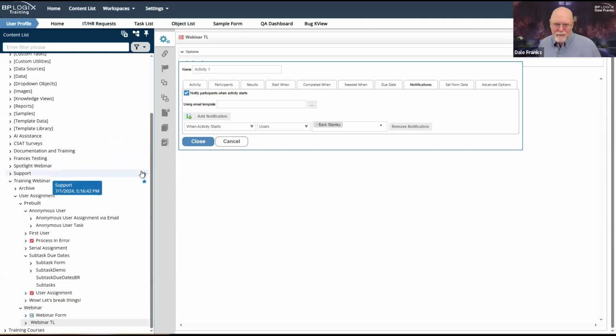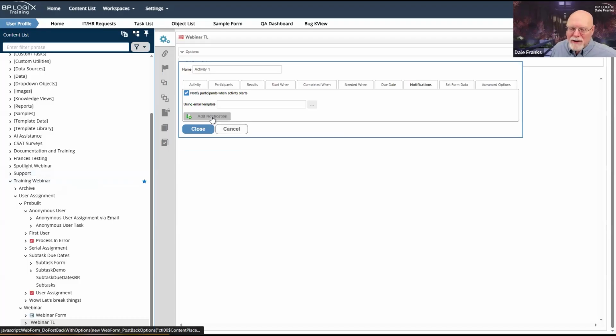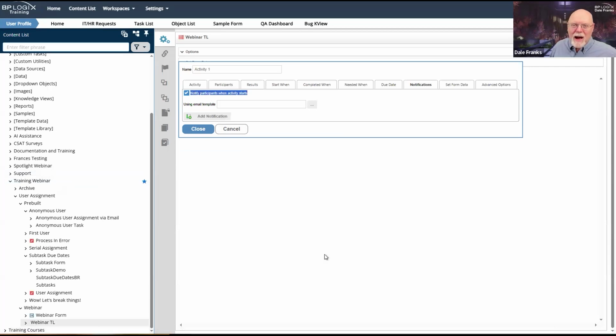That's all you need. This notification section here is not for your task assignees. They get a notification via this checkbox, and they will receive an email URL that opens up the form in task context that will enable them to complete their task. So do not uncheck this. I mean, unless you literally do not want your task assignees to receive an email notification that opens up the form in task context. Unless you specifically don't want that, don't uncheck this box.